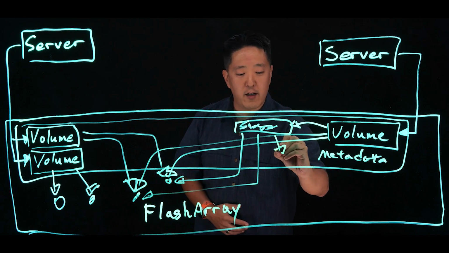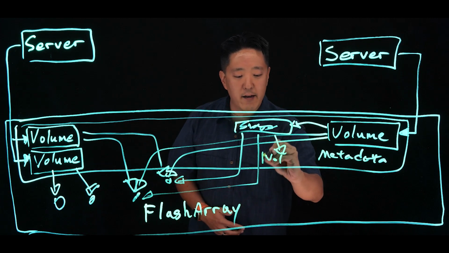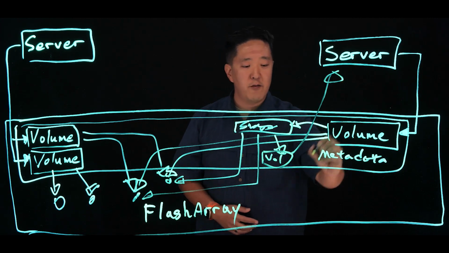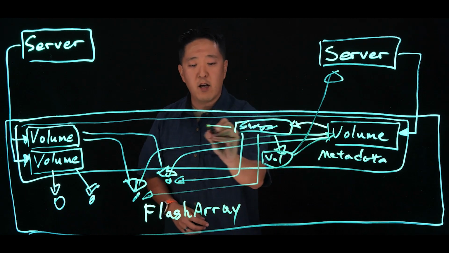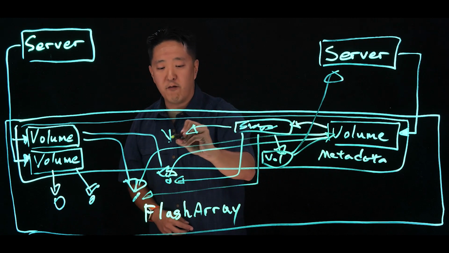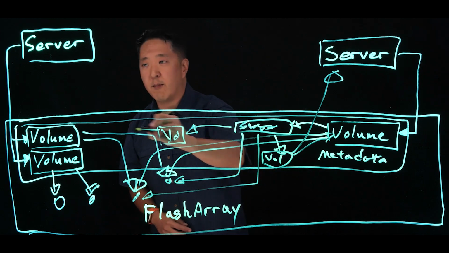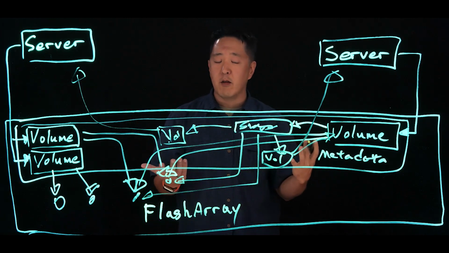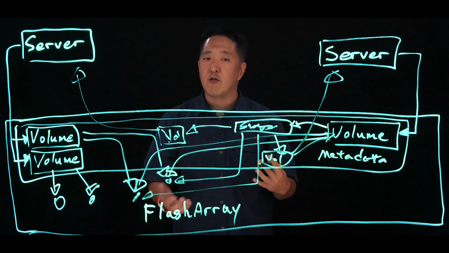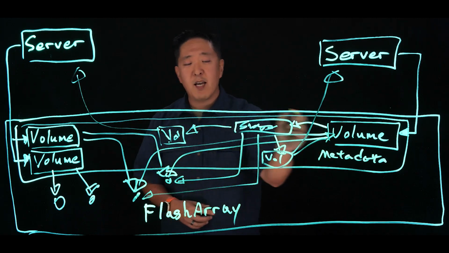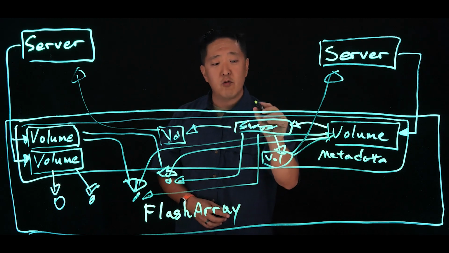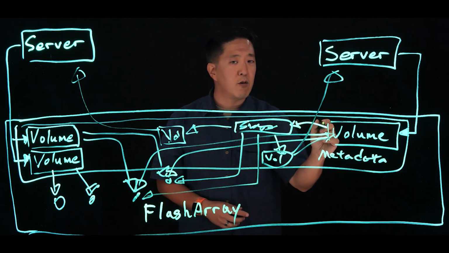I can clone and create yet another volume that is, say, presented back to this server, or I can overwrite this existing volume to, say, roll back, or I can make more clones of these volumes and, say, present them to other servers. For example, maybe I want to copy something down from a prod environment down to a non-prod environment, for example. And I can make many, many different copies or clones of those different snaps into more volumes.